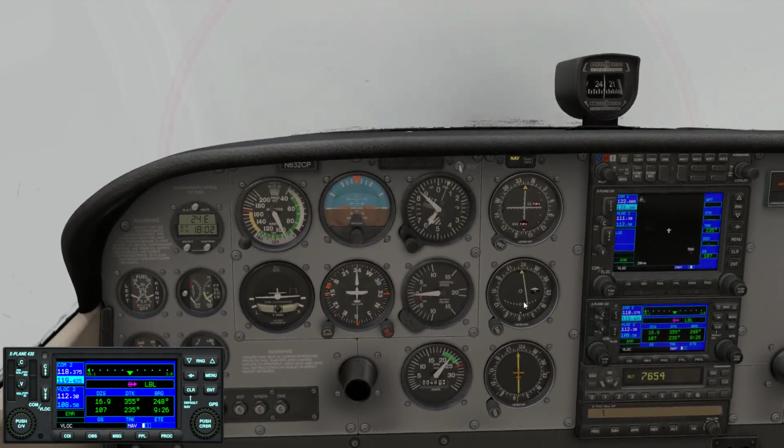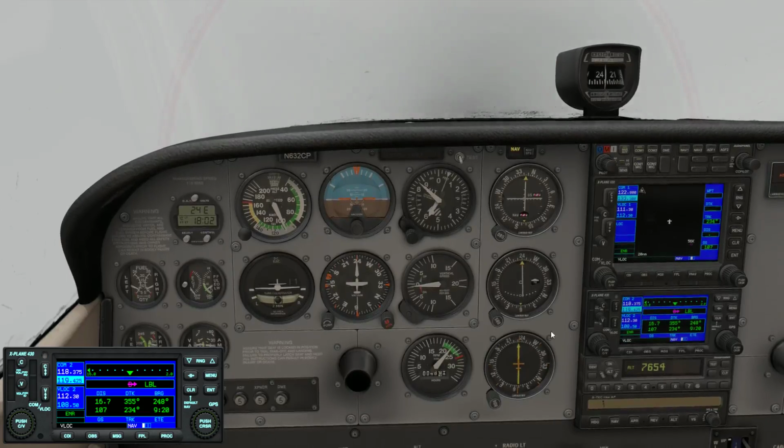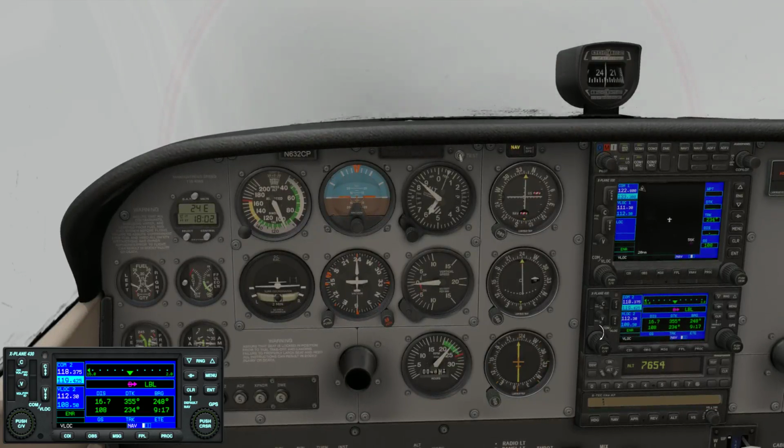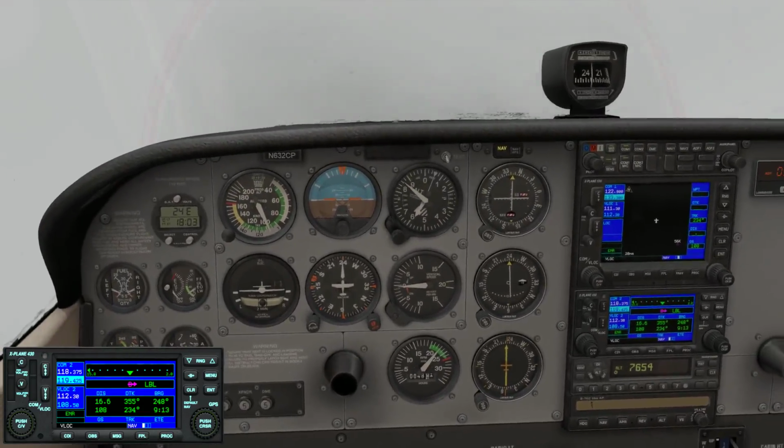So we're going to be slightly off of our radial because now we're tracking to the NDB. And once we reach the NDB,